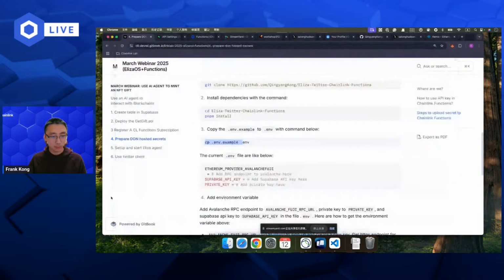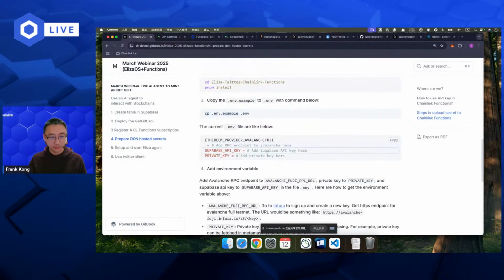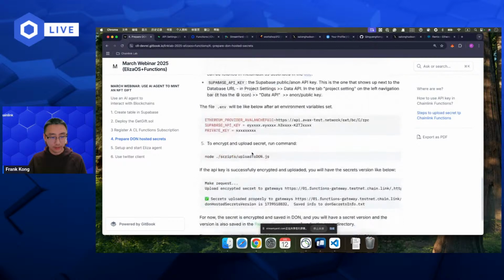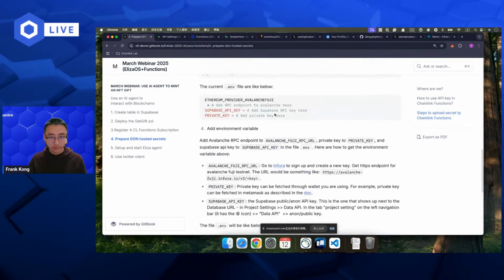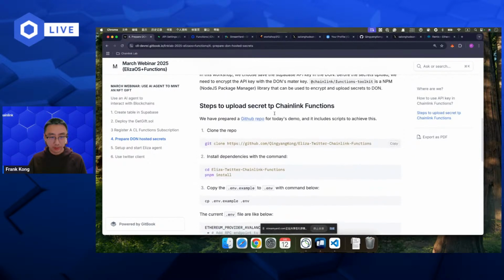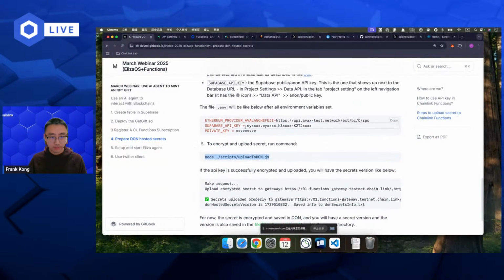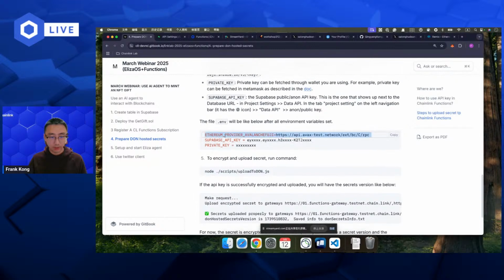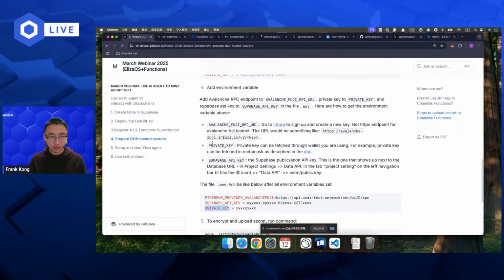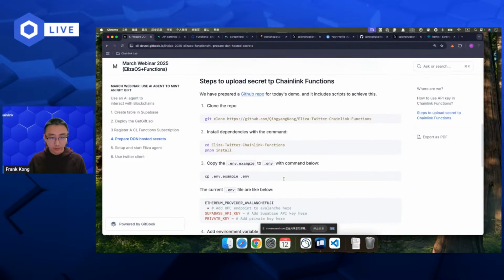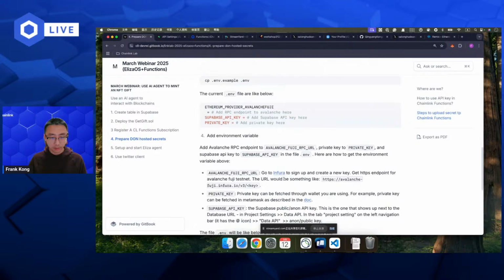Let's see what we need to do next. Add the environment variable stuff, and let me see what else. The EVM Avalanche, Supabase private key. Yeah, looks good.